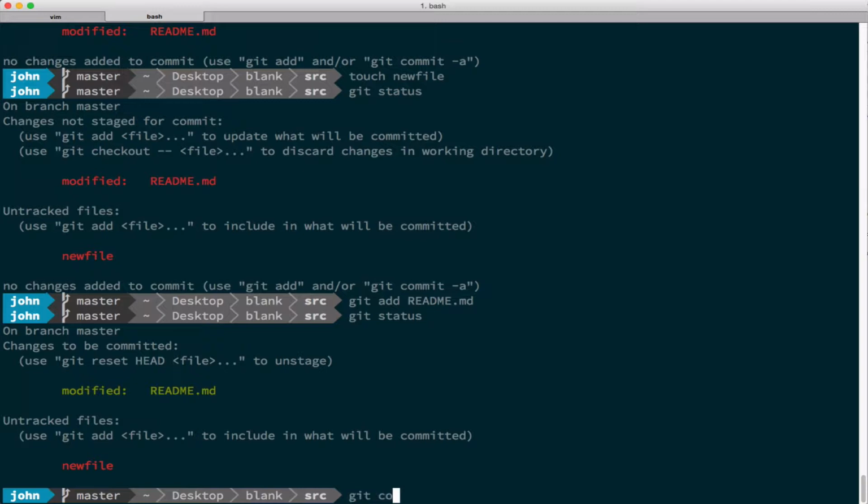And now if I type git commit, before I just hit enter and it brought up an editor. But if my commit message is short, there's no reason to write a long detailed one. I can actually put the commit message right on the command line. So I can say git commit